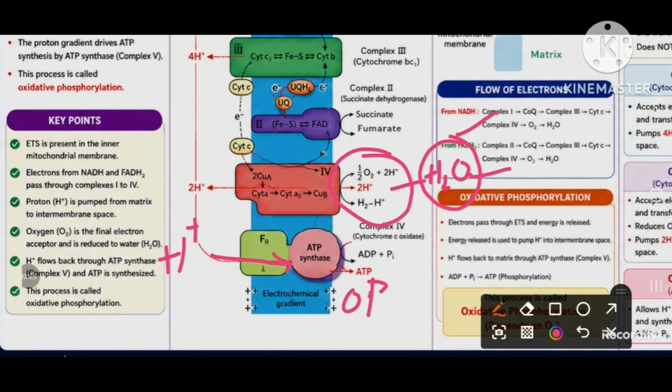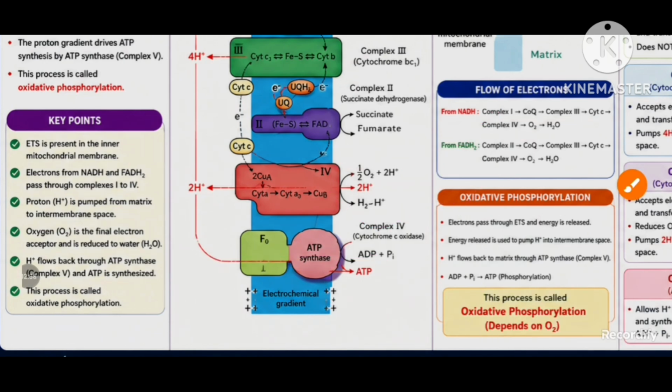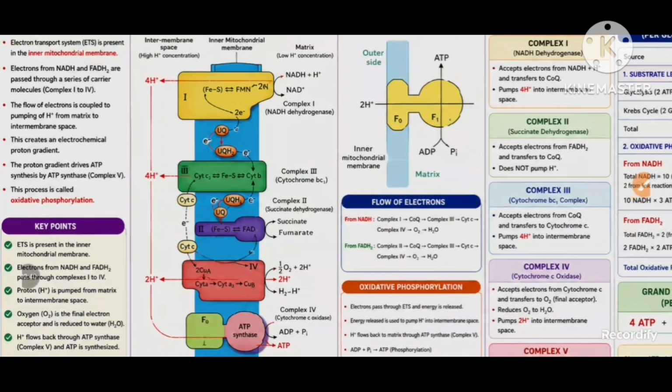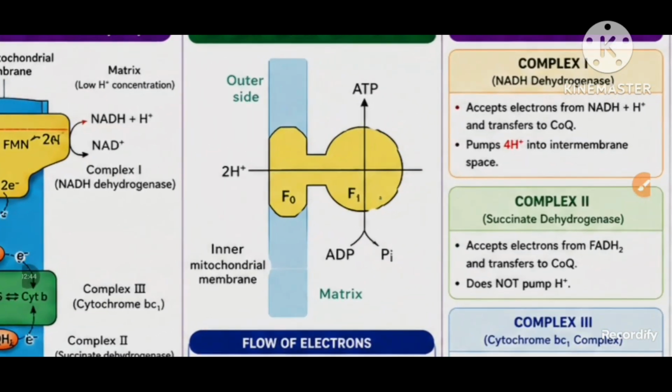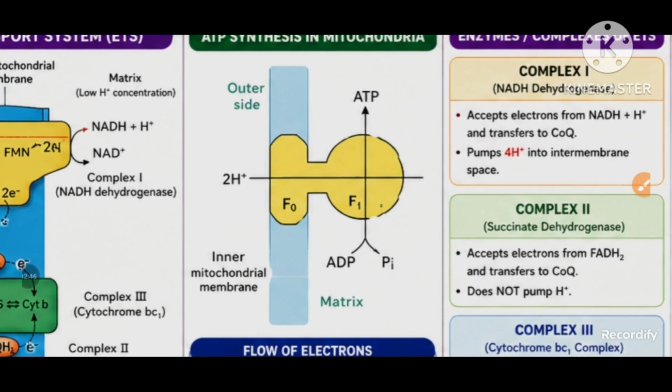So ADP will bind with the inorganic phosphate and it will convert into ATP. So this adenosine triphosphate, the energy molecule, will be prepared at the F1 particle in the matrix. So that will be prepared towards the matrix. When we look at the location where ATP is prepared, that is in the case of the matrix. Okay, so this is how energy molecules will be created in the case of